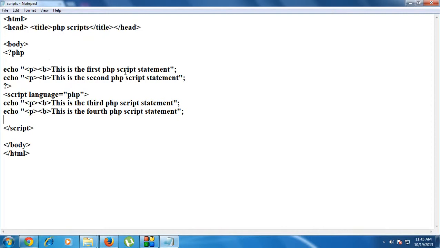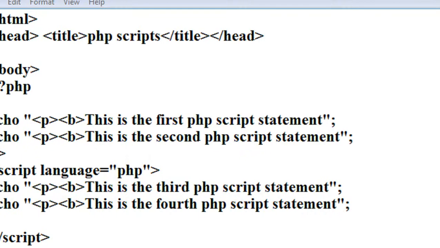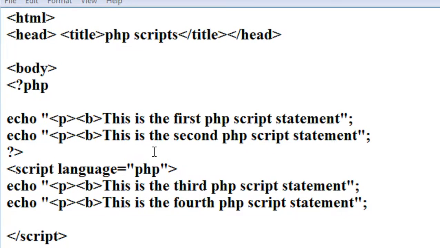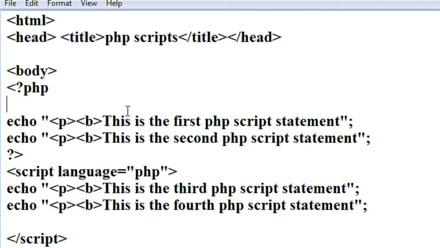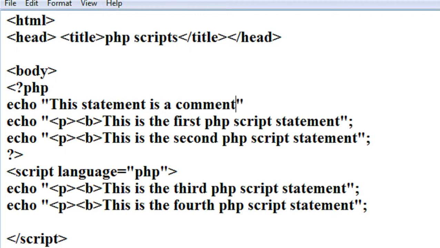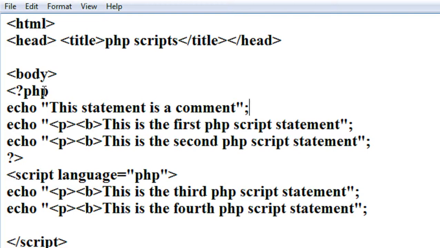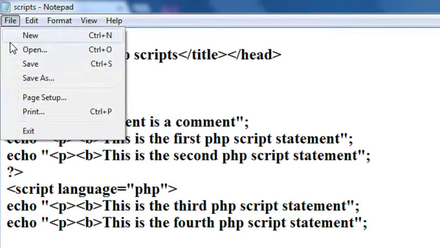So here I am using the source code that we already created in the previous part of this tutorial. I am going to create another statement here using the echo statement: "This statement is a comment."